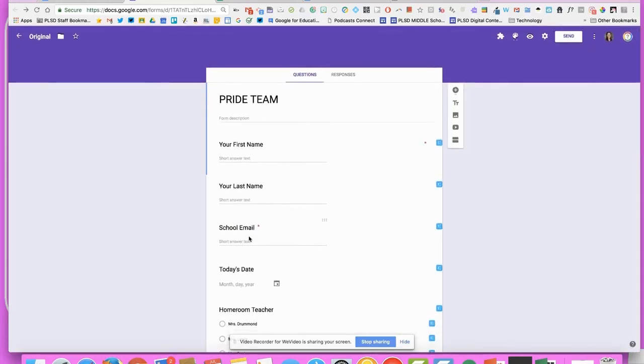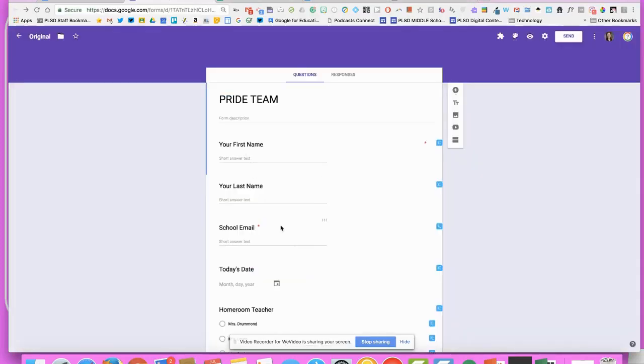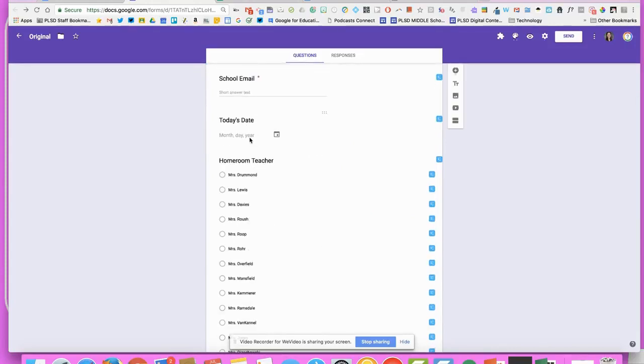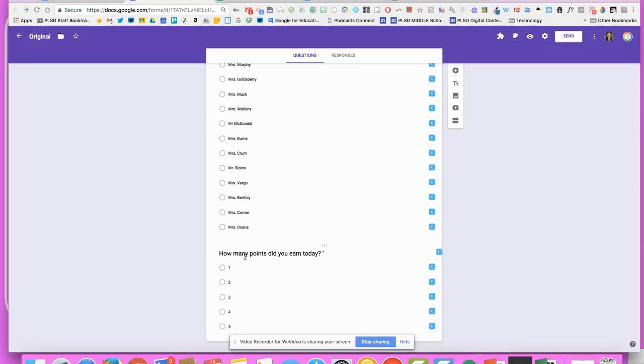In order for this to work, and depending on what you're trying to do, it might look different. I would say you want the first name, last name, and email address, because if you do not have these, it will not send to the student. Another one, I just like to have the date. Homeroom teacher, this is probably optional for you. You probably will not need this section depending on what you're doing. And then how many points. So this is where you might put your syllabus progress, 5, 10, 15,